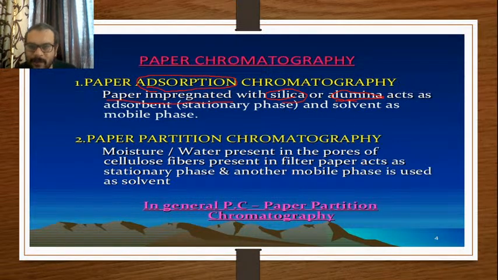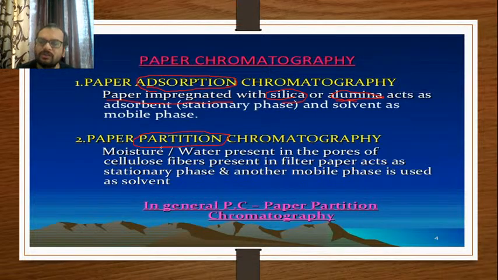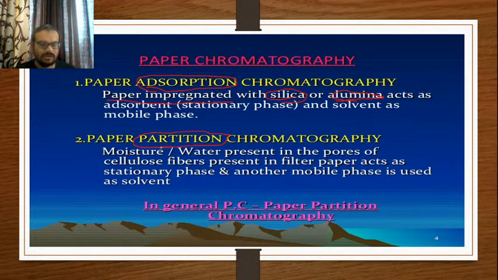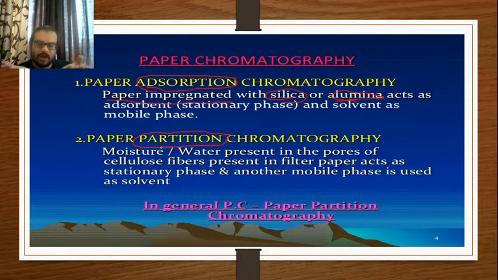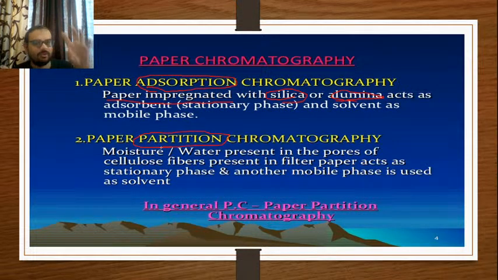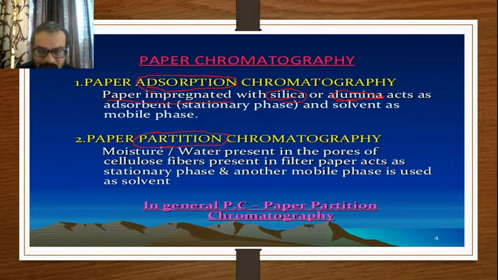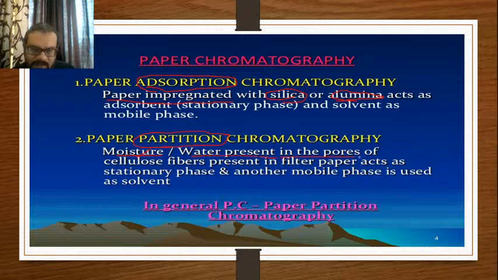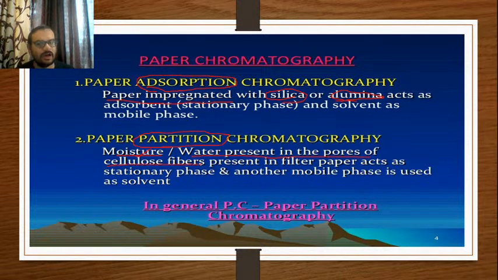Now in paper partition chromatography, as the word partition suggests, you need a liquid stationary phase, because somewhere in between the mobile liquid phase and the stationary liquid phase, your compound will partition, and you will get the separation out of it, as compared to adsorption, where the adsorptability of your molecule is tested with respect to the stationary phase, which is always a solid. Now in paper partition chromatography, remember the word moisture, or water present in the pores of the cellulose fibers. As we all know, paper